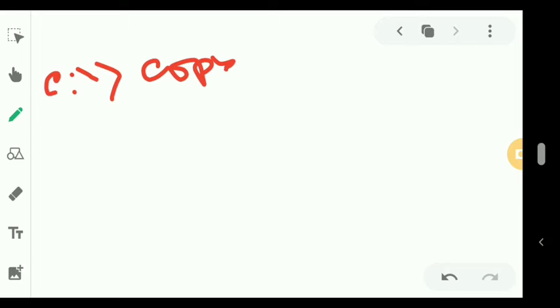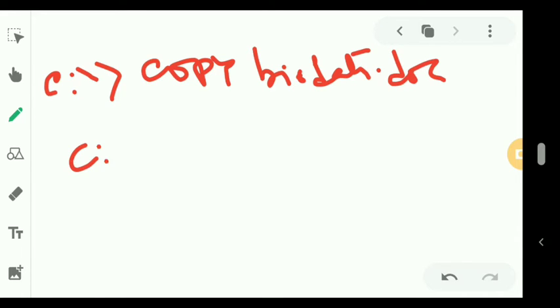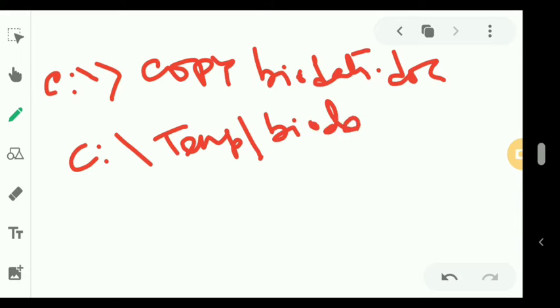So you mention the command copy, then the source file name located on the C drive. Suppose on the C drive I have a source file named biodata. It is a document file, doc. Okay, then you write down where you have to make a copy. Biodata doc. Okay, so you have to copy it. After that, if you enter, then you can see one copy will be there. One file will be copied. In this way you can do it, or you can use a different location where you want to copy. This will also be possible.